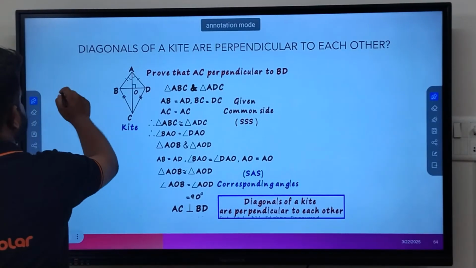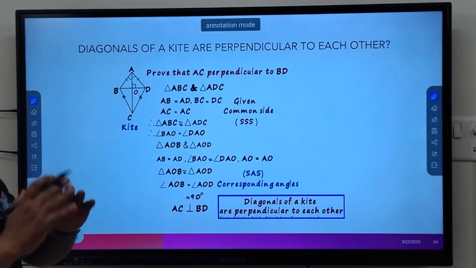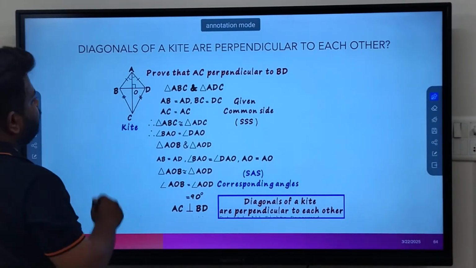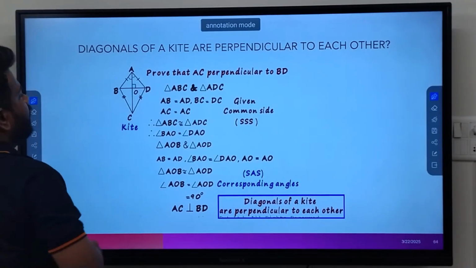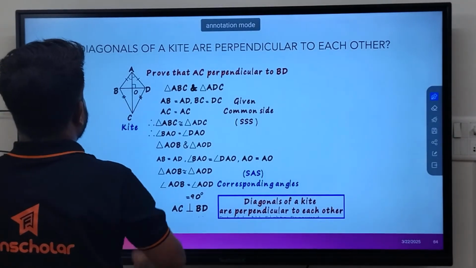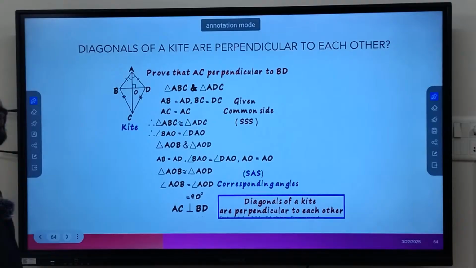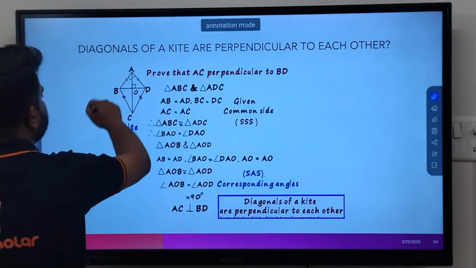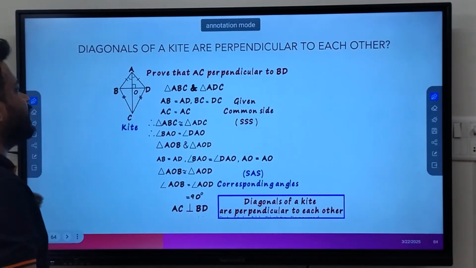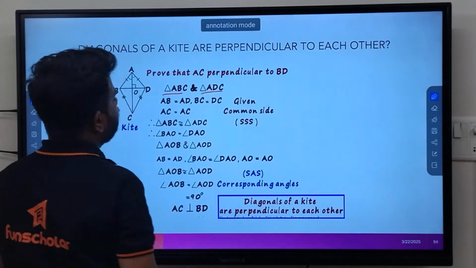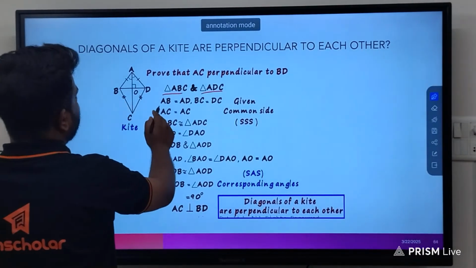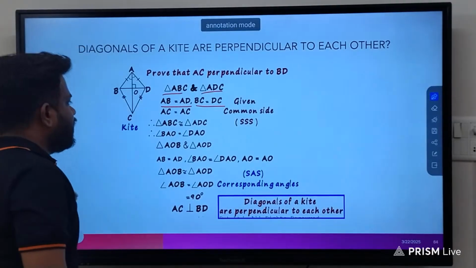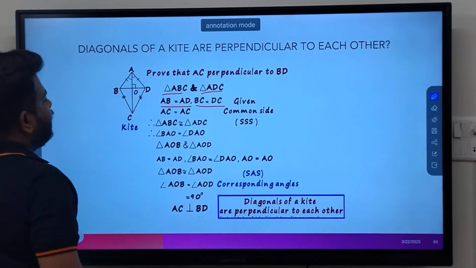Diagonals of a kite are perpendicular to each other. That means we first have to draw a kite and then draw the diagonals. After drawing the diagonals, we have to show that AC is perpendicular to BD. If AC is perpendicular to BD, then we can easily show that the diagonals are perpendicular to each other. After drawing the diagonals, we have formed two different triangles, and we already know that AB and AD are equal from the kite's properties. So if AB is equal to AD and BC is equal